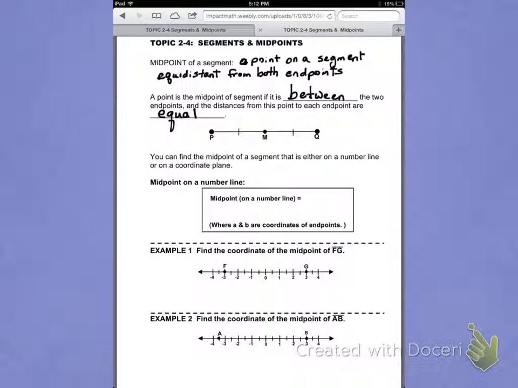Okay, so what we have then is these lines here. We have line segment PM, and MQ, and line segment PQ. Well, point M is between P and Q, and point M is equally distant from P and Q. And what these marks mean when they are on a segment, they mean they're the same length. If they were different lengths, like one might have 2 slashes and one have 1 slash, but since they both